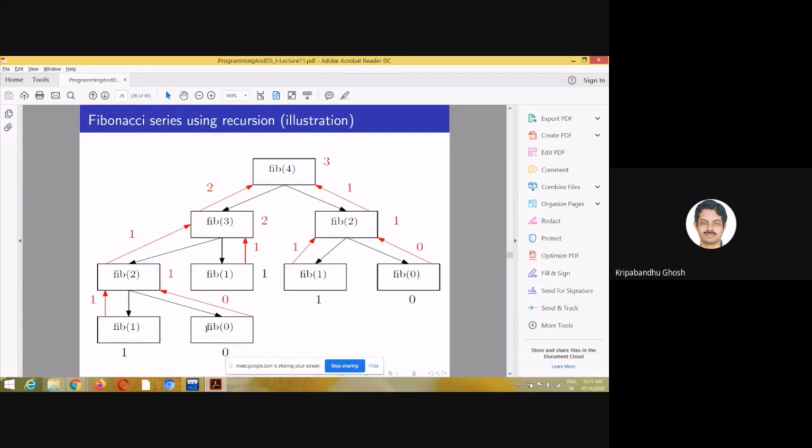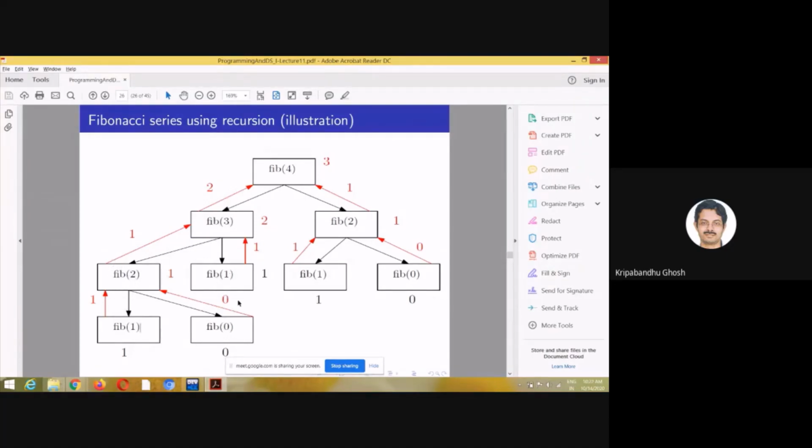So here, from Fibonacci 1, we get, FIB1 is 1, right? The value is 1. So it goes up to Fibonacci 2. At this stage, Fibonacci 2 cannot be calculated because it is waiting for this value, Fibonacci 0, which is 0. So it goes back. So it gets 0 from this subpart and 1 from this subpart. So it uses the recomposition operator, which is in this case plus. In factorial, it was a multiplication. So in this case plus. So it adds 1 and 0. So Fibonacci 2 is now 1.